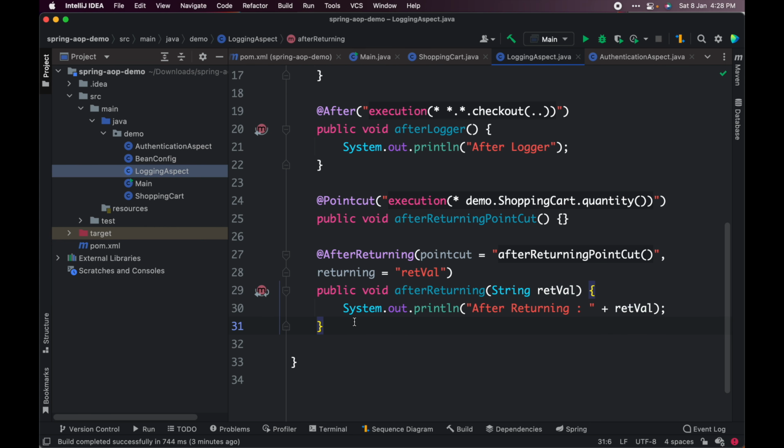Simple, right? So similarly we can also define for the after throwing as well, where if there is any exception we can get the exception and we can work for that particular exception in this aspect. So this was just a quick intro about the Aspect-J and how we can use it with the Spring framework. And there are a lot of different things that we can do, like for all the different types of packages and for all the different types of methods that we can define, and how those will be executed we can define using the point cuts. So this is all the basics and foundation of the Aspect-J.